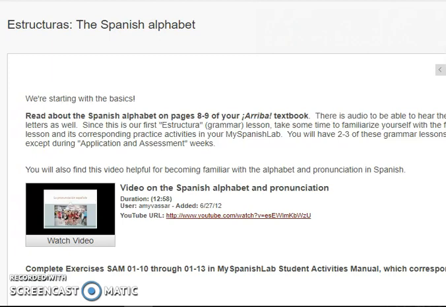Now we'll switch over to MySpanishLab, but I do want to make a quick note that even though a lot of the work that you do on a weekly basis, a lot of your time is going to be spent in MySpanishLab because of the number of activities that are there. Keep in mind that Blackboard is kind of the skeleton of the class, and Blackboard is where I put the materials that I've pulled together specifically for you.